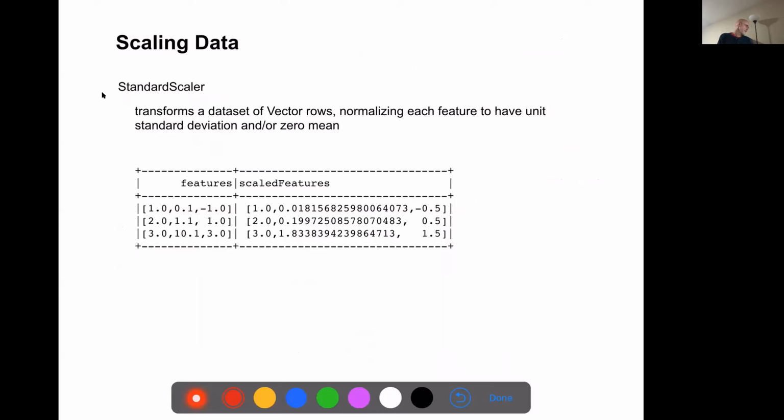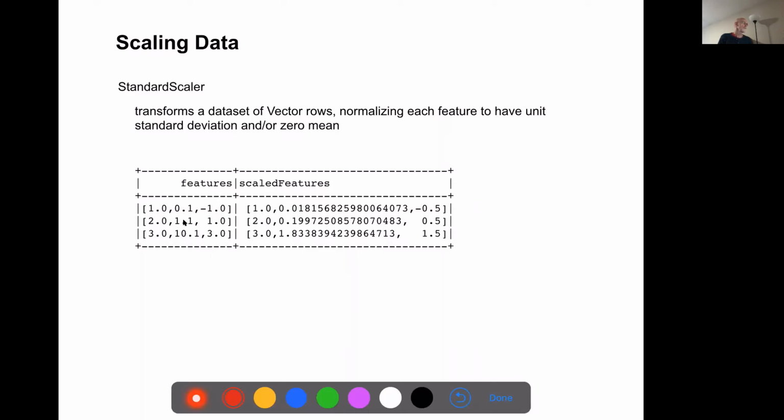One thing you have to worry about is what happens when we've got data with extreme outliers. And so we can scale the data in a number of different ways. The standard scaler will transform it so the data has unit standard deviation and the mean is 0.